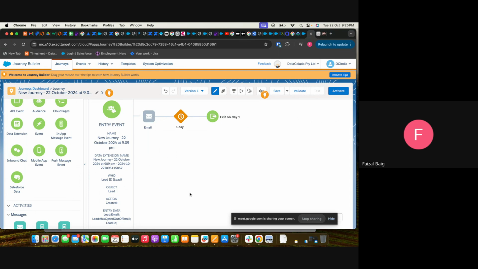Okay, so this is automated, as well as the other sources are automated. But here the main thing we are focusing on is, forget Facebook or Google. You have a website. I understand, but I'm trying to explain both things, the data extension point and Salesforce data, with the same example, to show the differentiation.